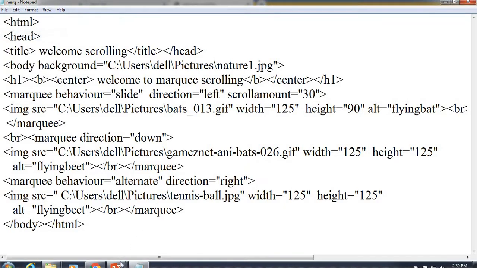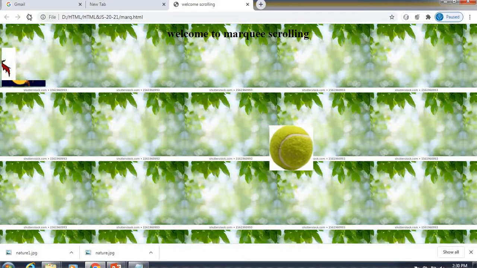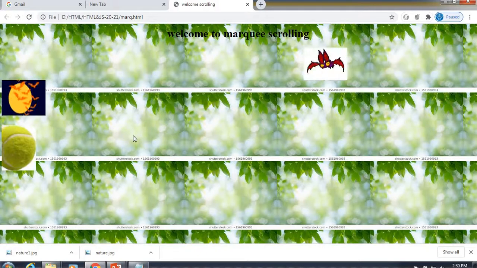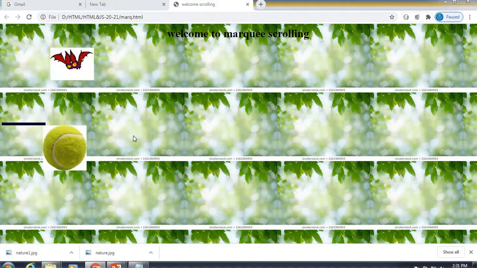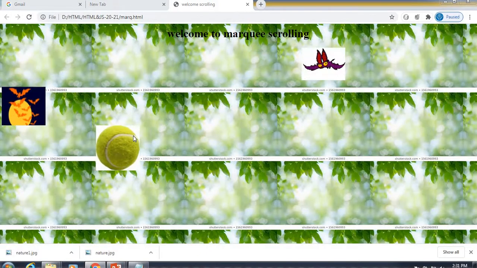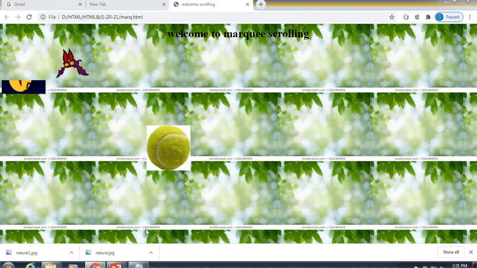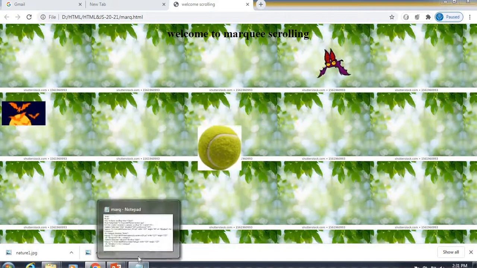Let's see some changes to this coding. It is a little bit of change for the image.